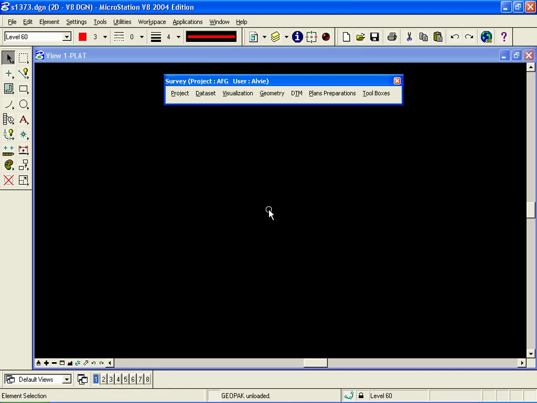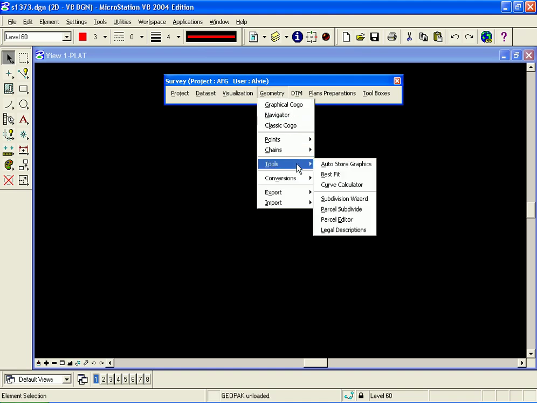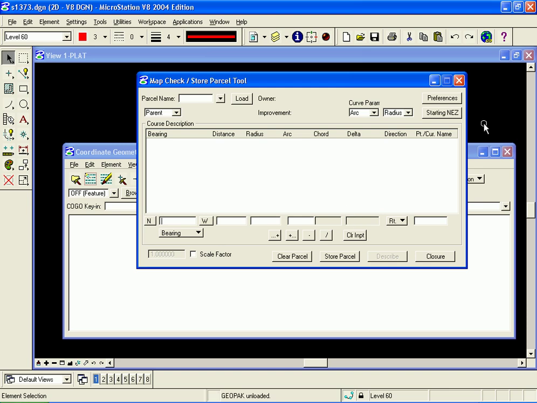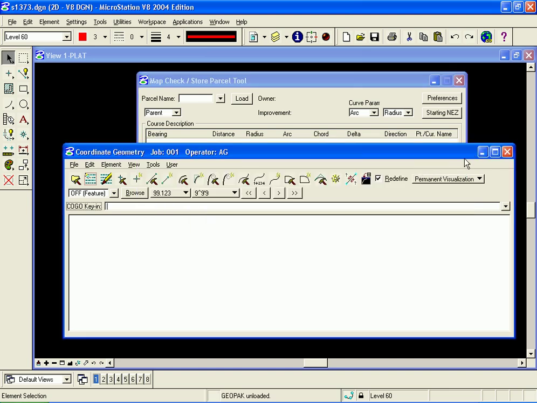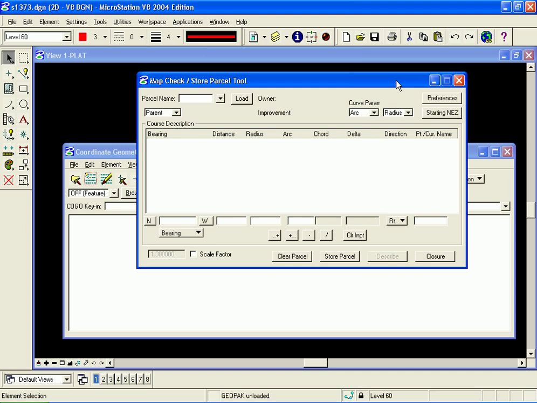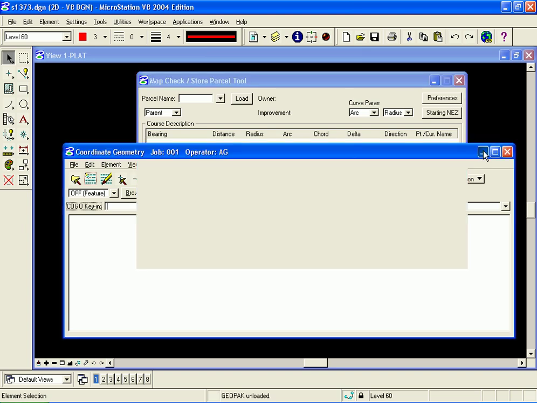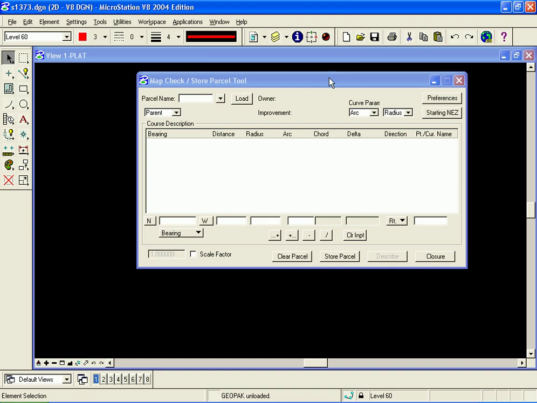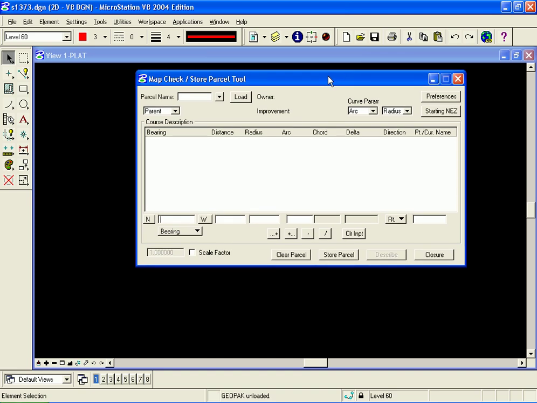Take a look at the parcel editing tool within GeoPack Survey. To do this, I will go to Geometry, Tools, and then Parcel Editor. This will bring up both my Koga window, if it's not already active, and my Map Check Store Parcel tool. I will go ahead and minimize the Koga window, and then describe the functions and buttons in the Map Check